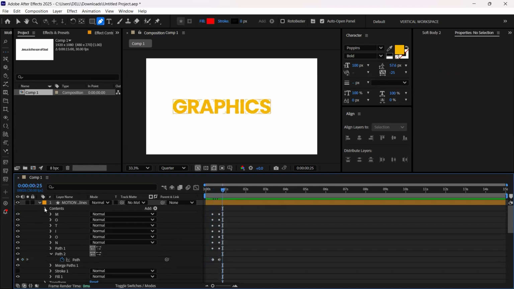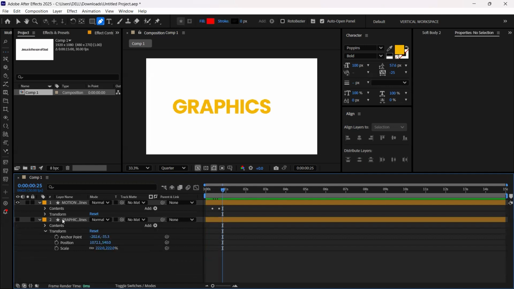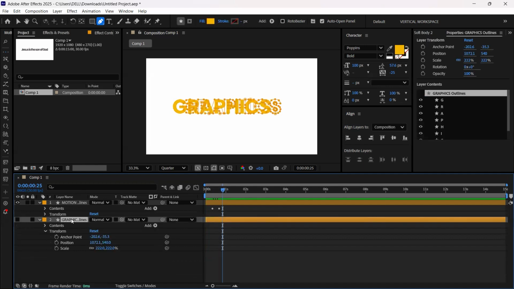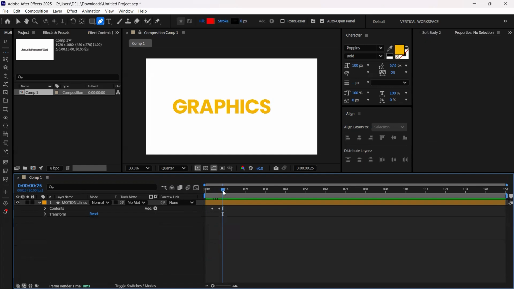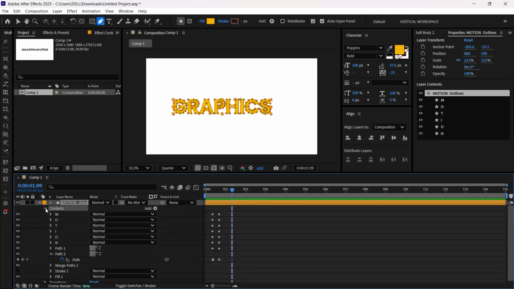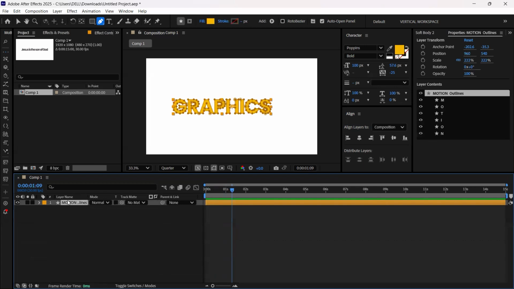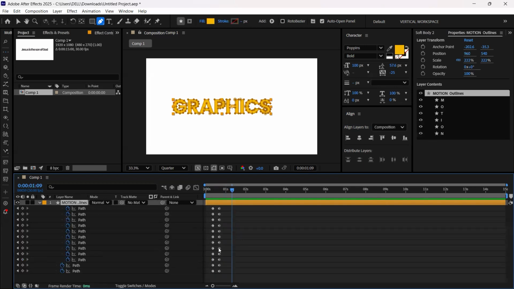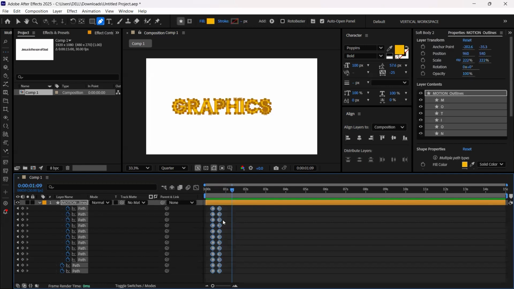So after that, we can just close all this. Then we can delete this. We don't need it anymore. You can just delete. Now here we have our text. As you can see how it morphs. So you can decide to animate the keyframe. Just press U, then all the keyframes are going to reveal. You can decide to